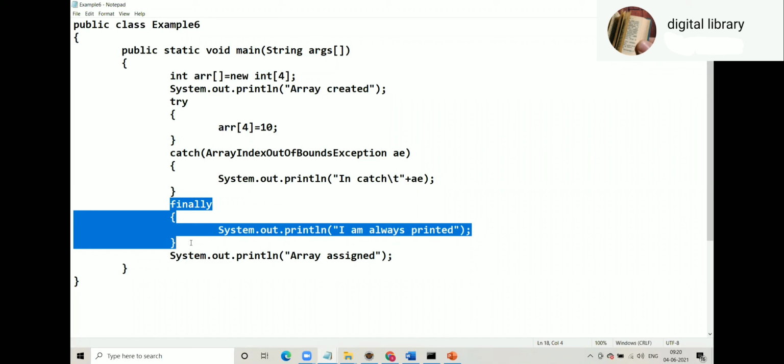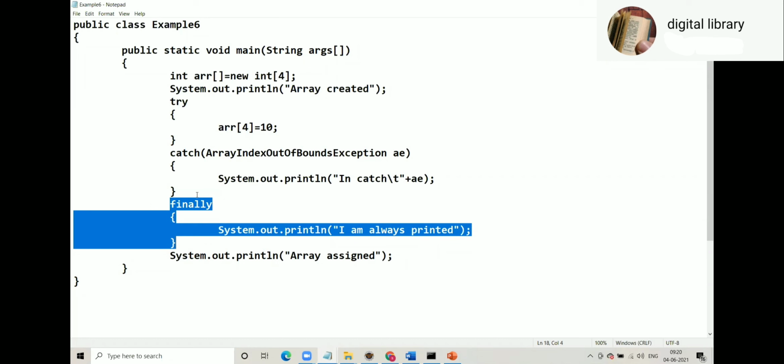The finally block gets executed irrespective of whether an exception gets raised or not. For what purpose will you use finally? We can use finally for releasing the resources, because we cannot rely completely on the finalize method.